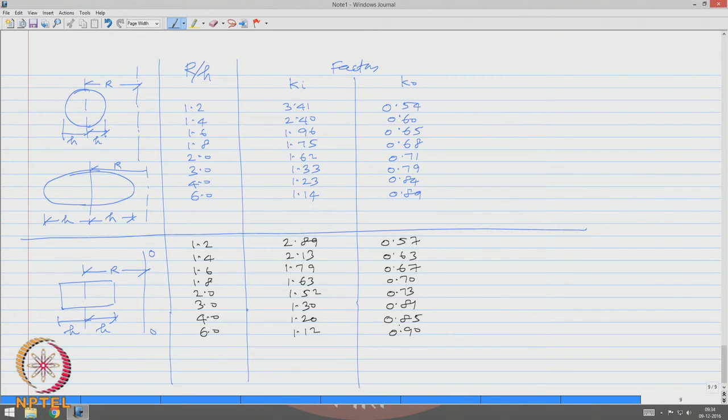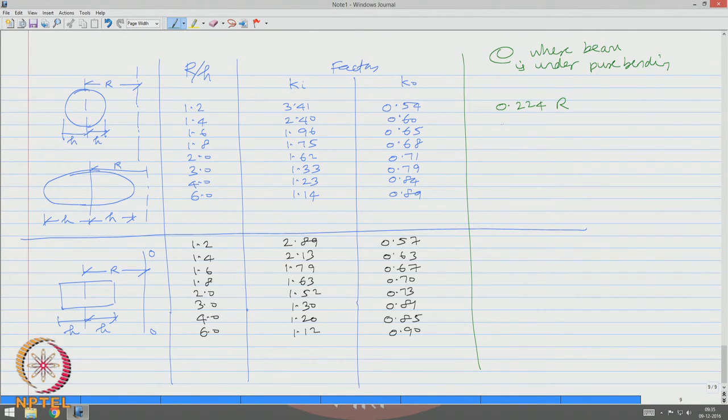Further, they have also given the tables extending it for E, where the beam is under pure bending. So, this is